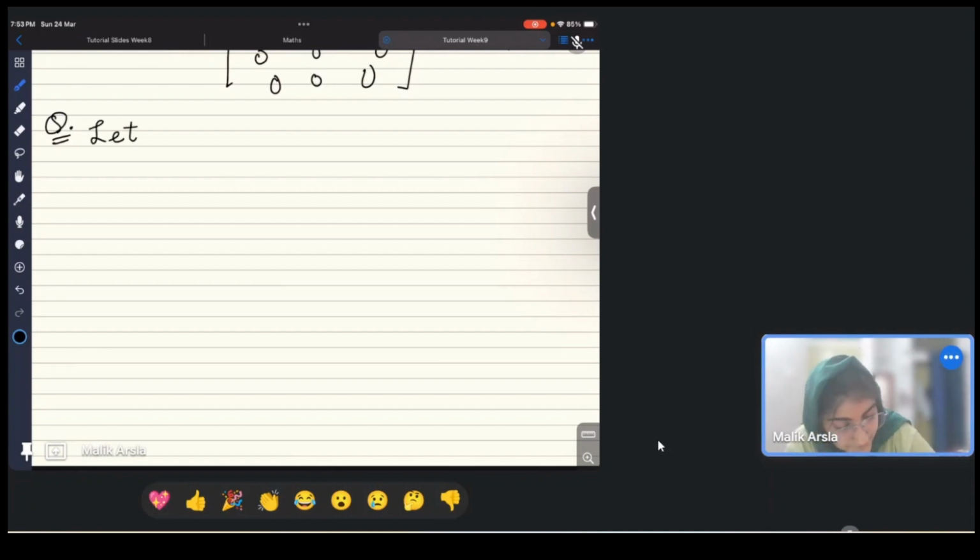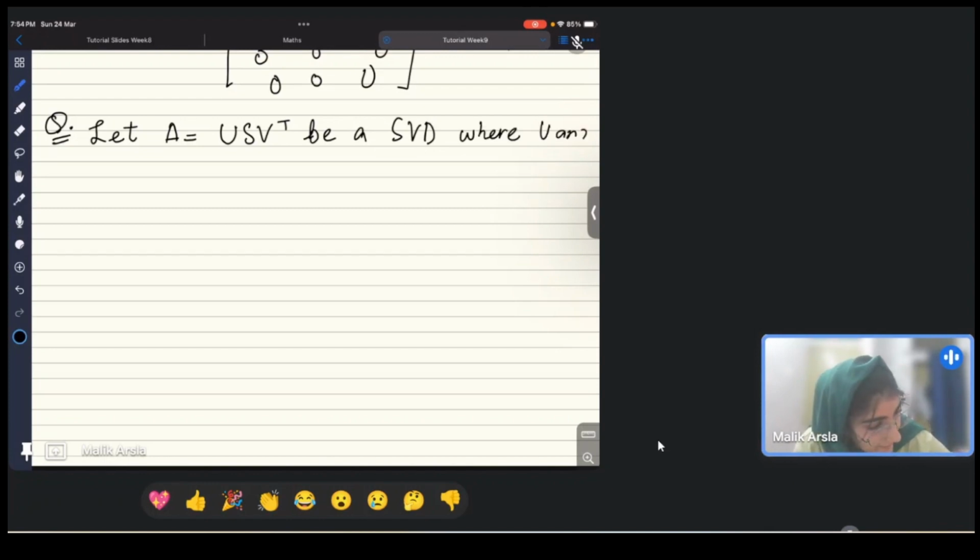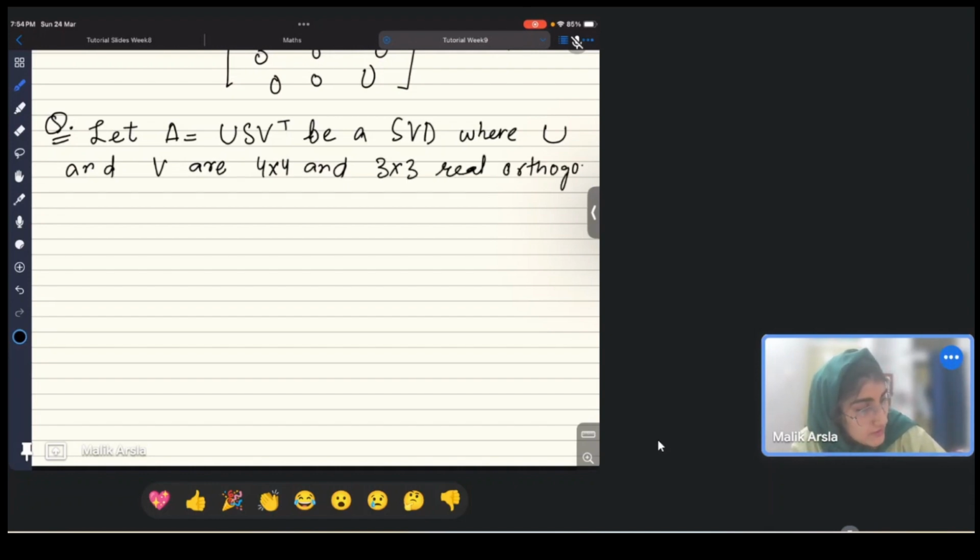So the question is, let A is equal to U S V transpose be a singular value decomposition, where U and V are 4 cross 4 and 3 cross 3 real orthogonal matrices respectively, and let